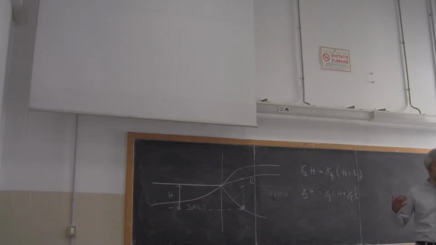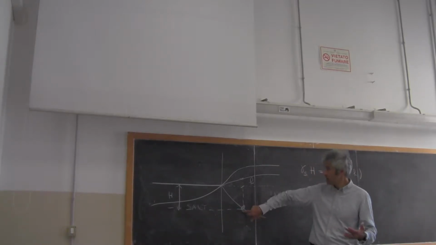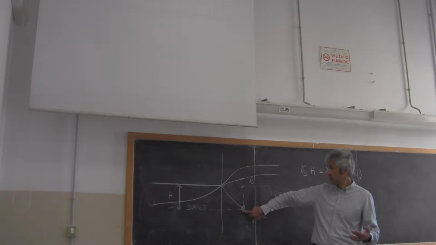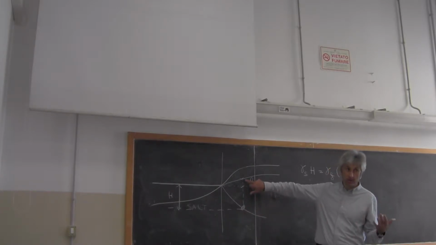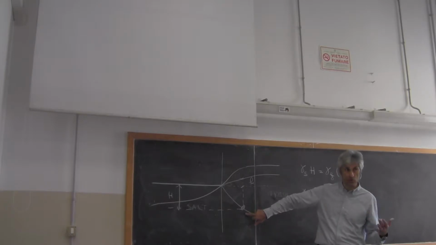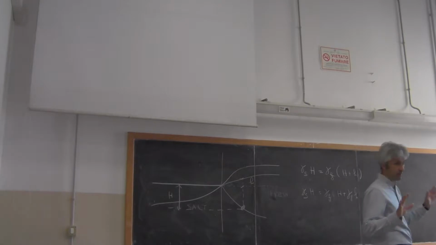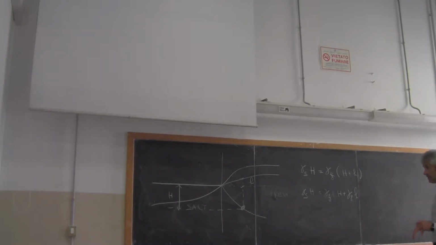Of course, I need to know what is lowercase h. So at each position that I look for, like here, I need to know the position of the water table. And my unknown is the depth of the saltwater wedge given by capital H. Is it clear? And then we will make an exercise so it will become clear, but still I would like that it's clear